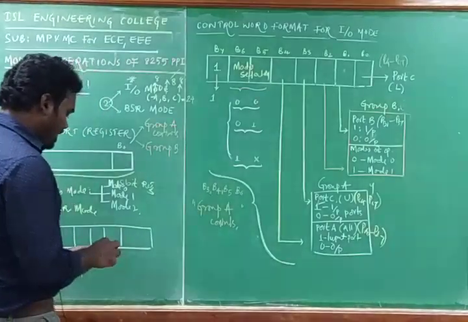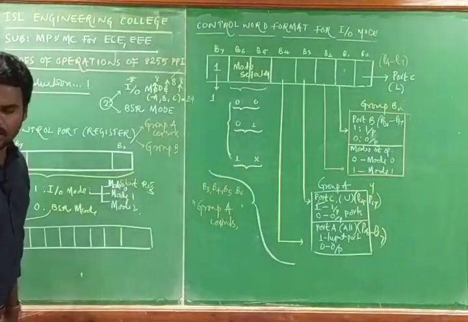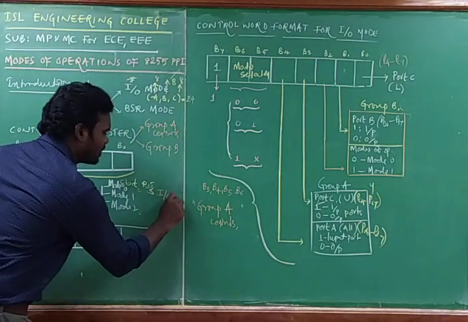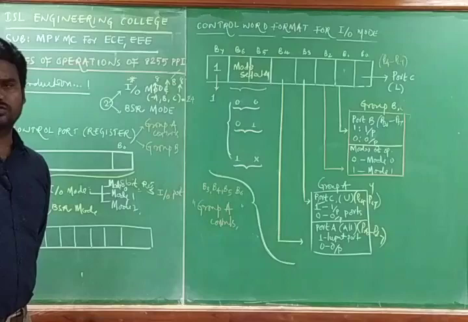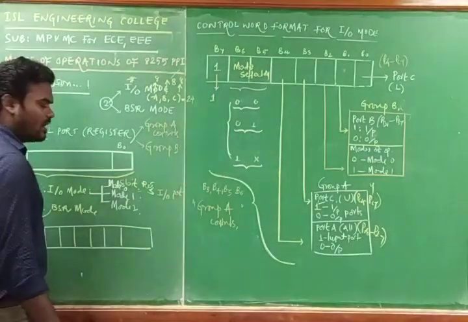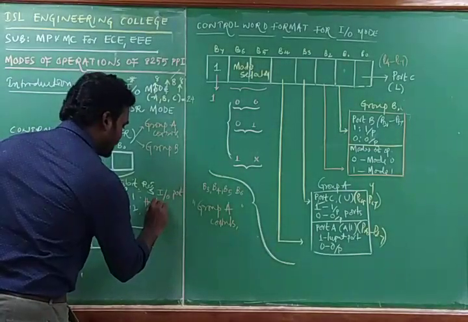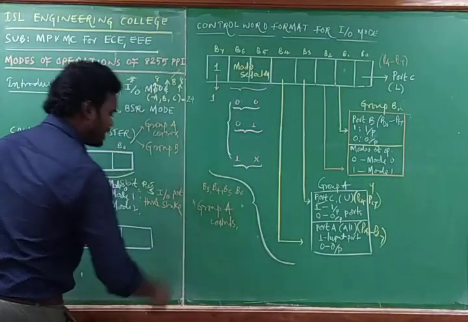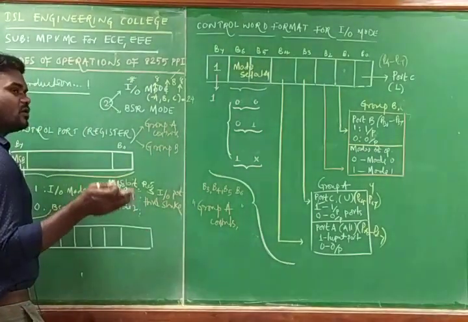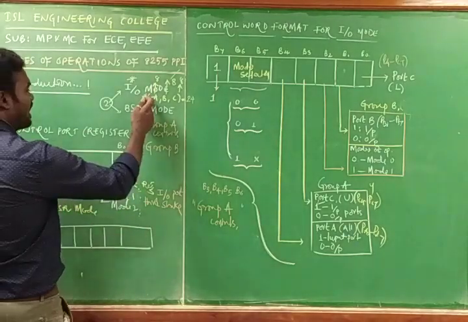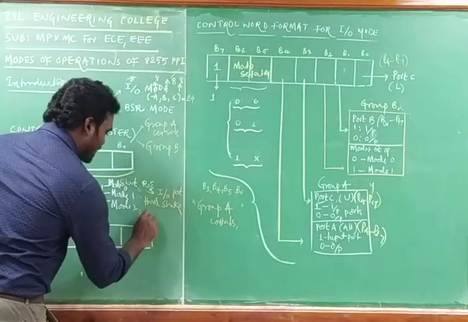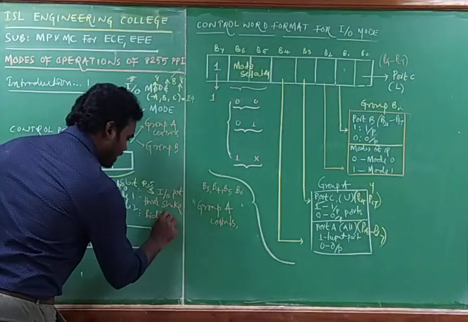Whenever the 8255 is operating in mode 0, it simply acts as input output ports only. Whenever it is operating in mode 1, the signals are named handshake signals, it is going to shake hands with the signals. And coming to the next one, mode 2: whenever the 8255 is programmed to operate in the IO mode, particularly mode 2 operation, in that case it serves as a bidirectional one.